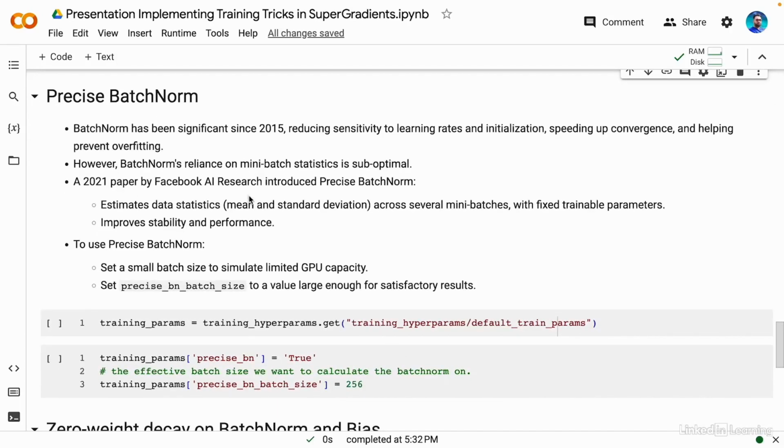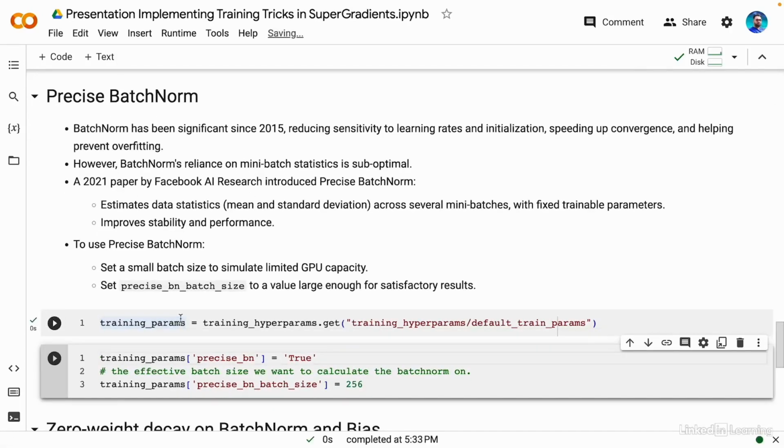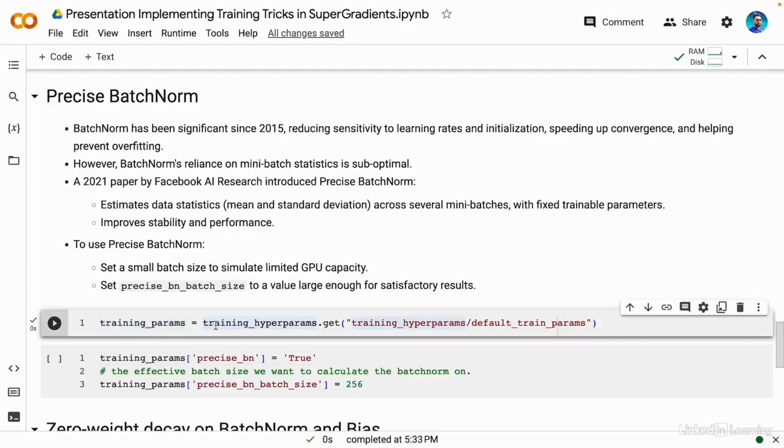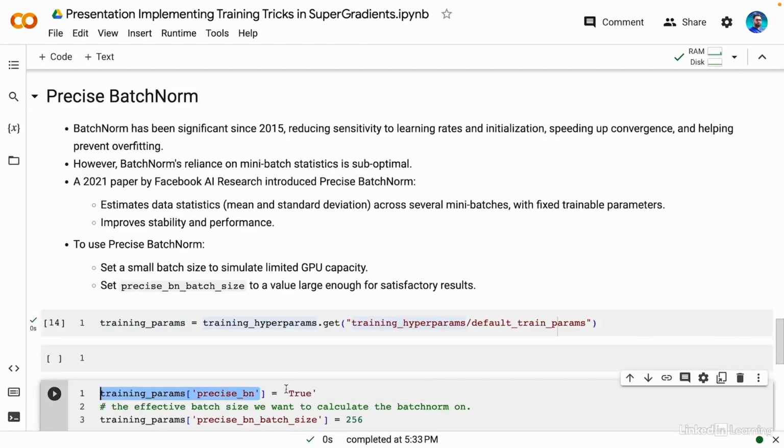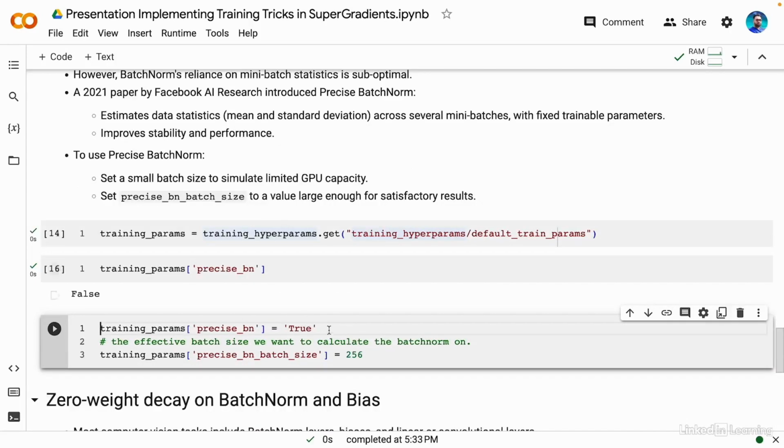So we're going to use precise batch norm here. So again, this is completely optional for you. We'll start by getting a fresh set of training parameters, and then you can see here that the default value for precise batch norm in the training parameters is going to be false. And we can go ahead and set it to true. Now, if you want to use precise batch norm, it's preferable to set the batch size to something small when you're training. You want to, again, mimic a scenario where you can't fit a large batch on your GPU. Then you want to set this value, precise batch norm size, to be large enough until you see some good results. So again, this is a hyperparameter that is up to you to play around with. I put 256 here, but you can choose values as large as you'd like